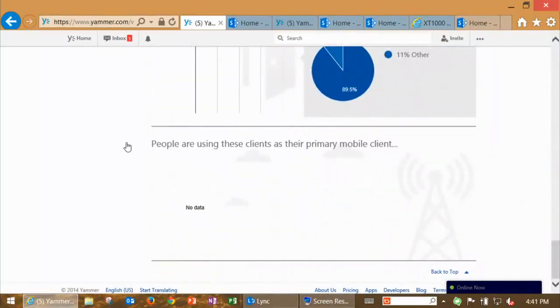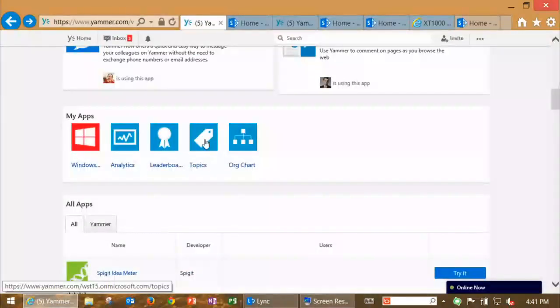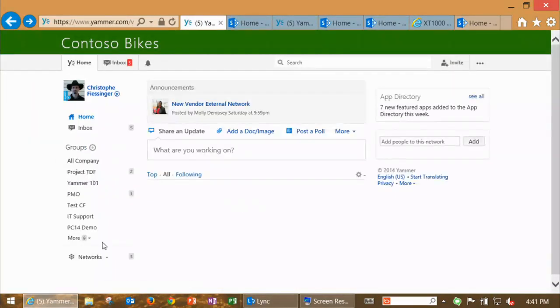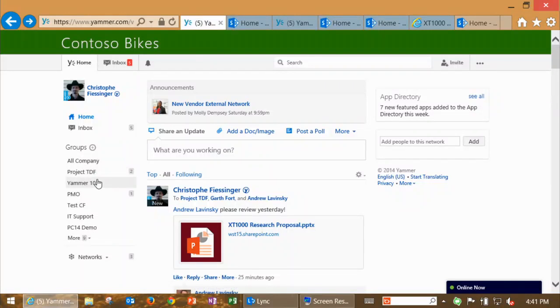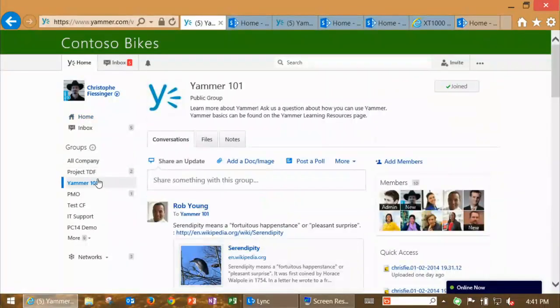And that's all the information you're getting out of the box. Now, obviously, there's a lot more. You can get at who are the top contributors. You can look at trending topics. That's what those are. And to make this a little more fun, because we're running out of time, I'll show you how you can even go a step further with some of the third-party apps.